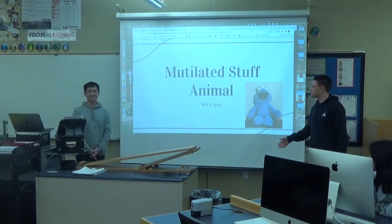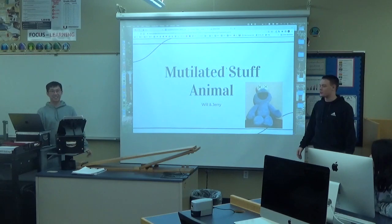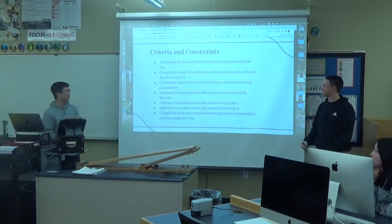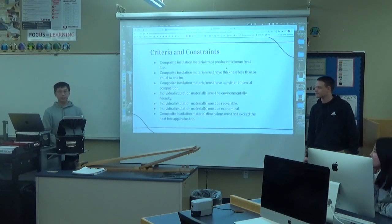This is our insulation project. I'm Will, that's Jerry, and we named it Mutilated Stuffed Animal because Cookie Monster's dead. Oh my. Alright, so the criteria and constraints is basically just make it environmentally friendly, and then this project, we had